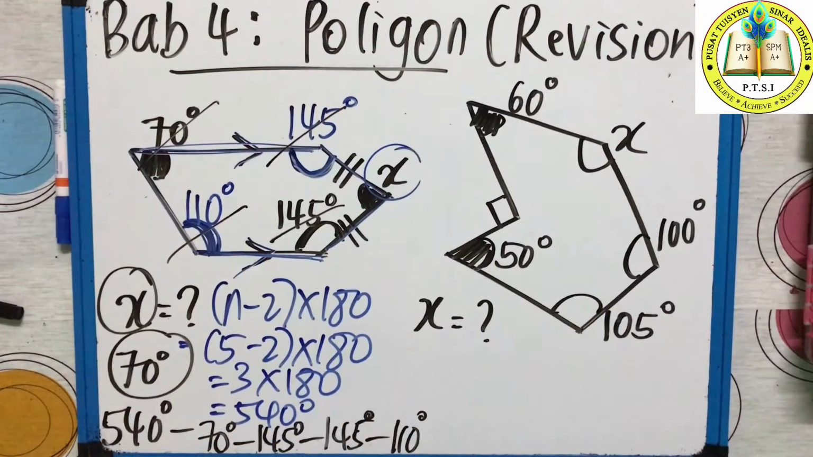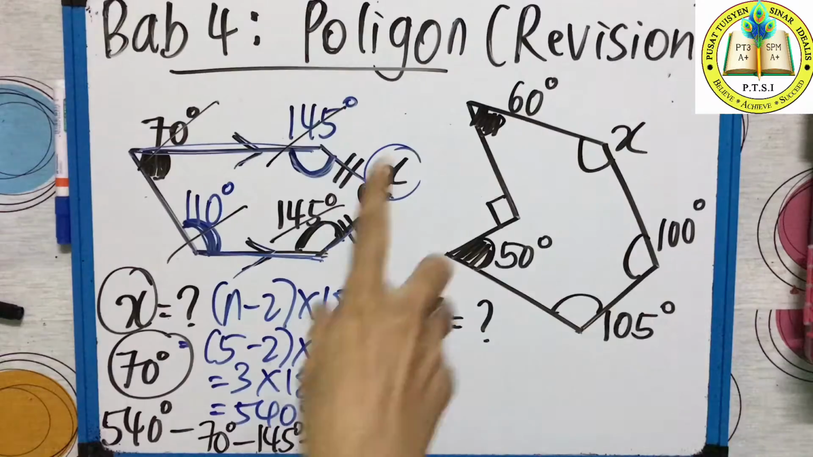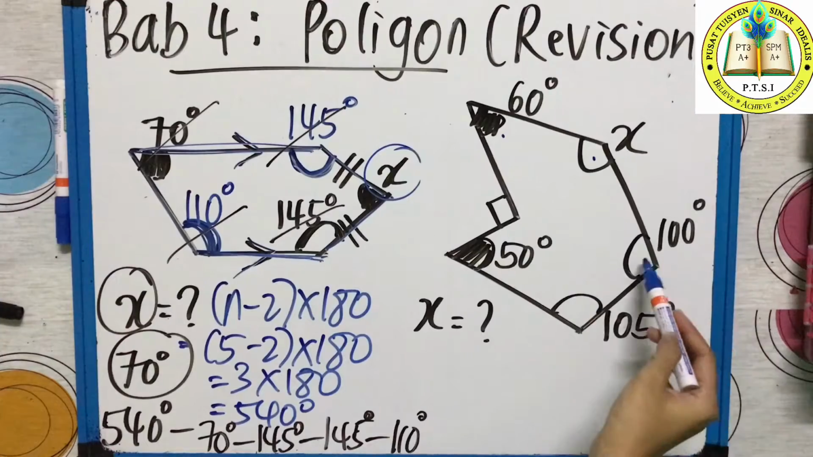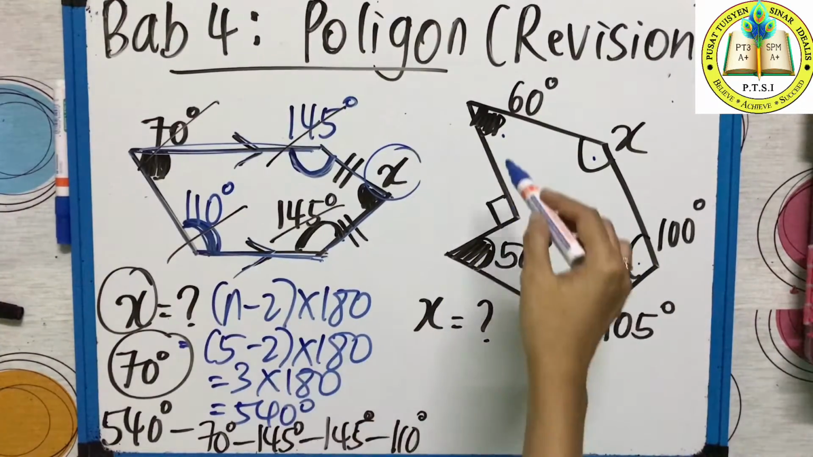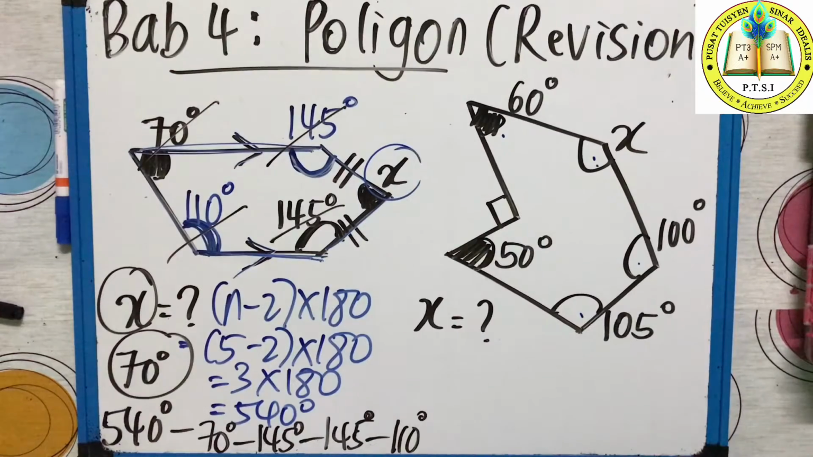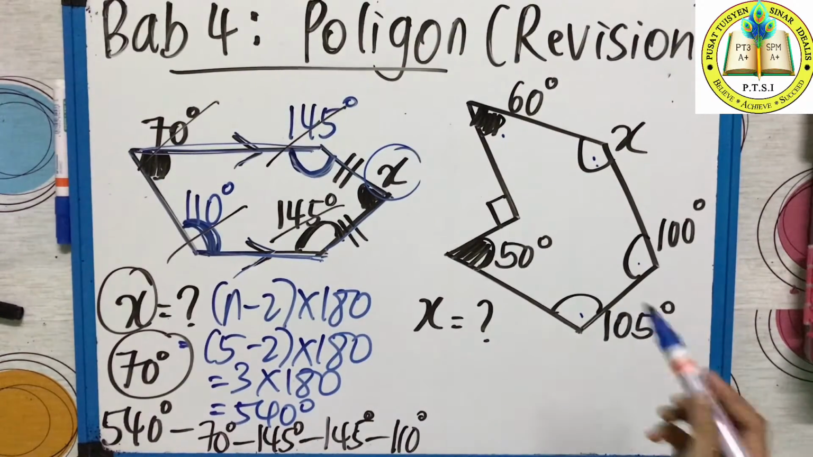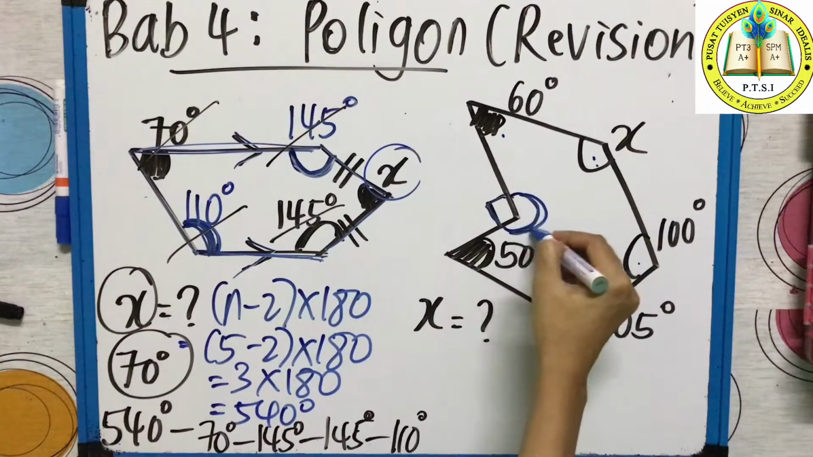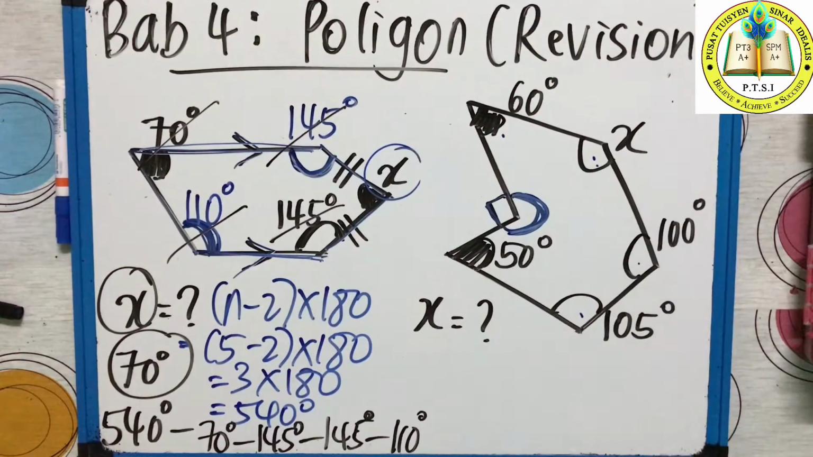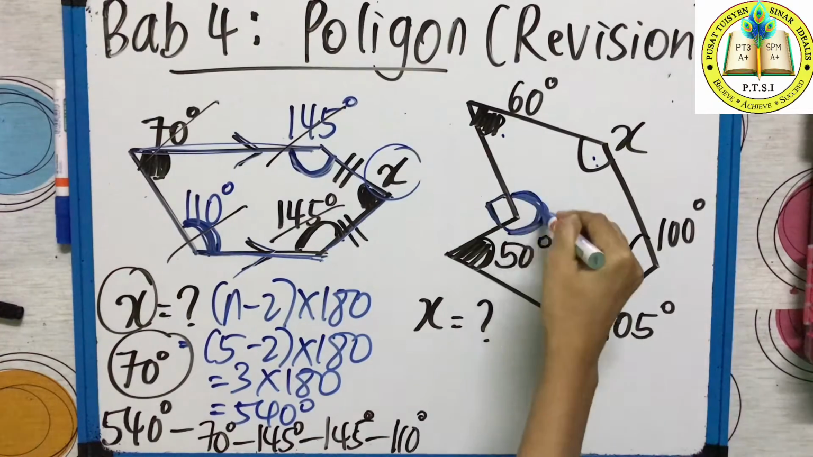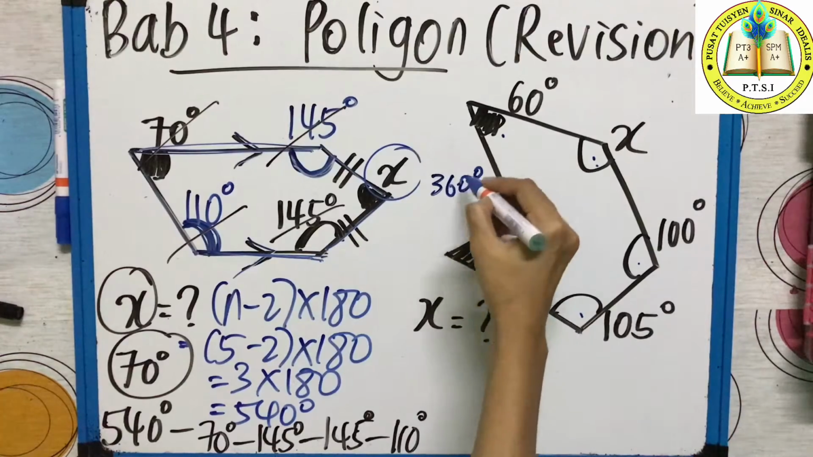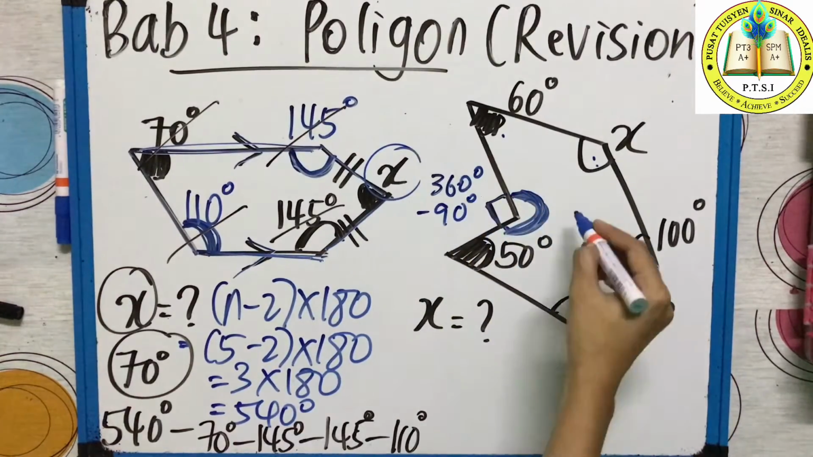Again the same polygon question, but you have to see all the interior angles first. Check the sudut pedalaman. This is 60, this is x, this is 100, this is 105, this is 50. Semua ni adalah sudut pedalaman, interior angle. But you see this 90 degrees, class, it's outside. Yes or no? So what is the interior angle? Berapa sudut pedalamannya? Outside 90. So what are you supposed to do? 360 degrees minus 90 degrees, you get